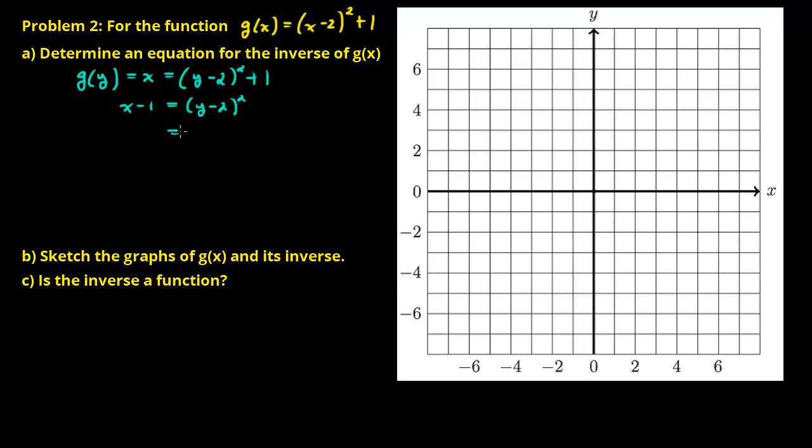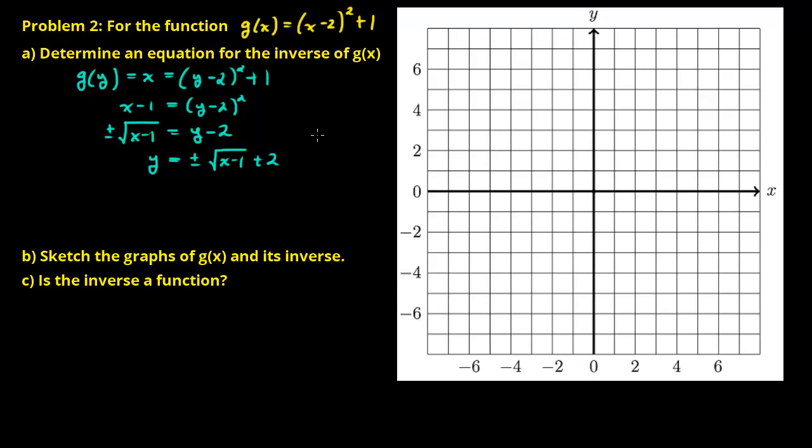I can take the square root of both sides of the equation. I have to remember to add a plus or minus symbol anytime that I take the square root of both sides. And the next thing I can do is add 2 to both sides of this equation to isolate for y. So I get that y is equal to plus or minus the square root of x minus 1